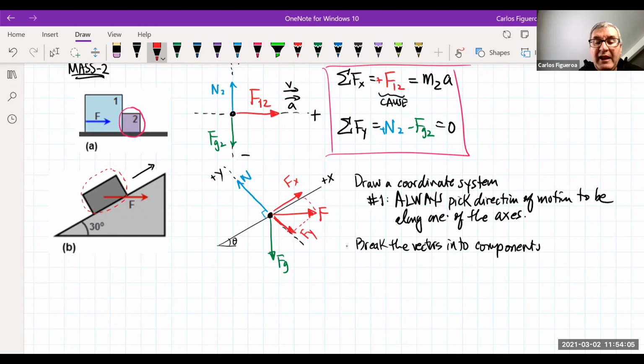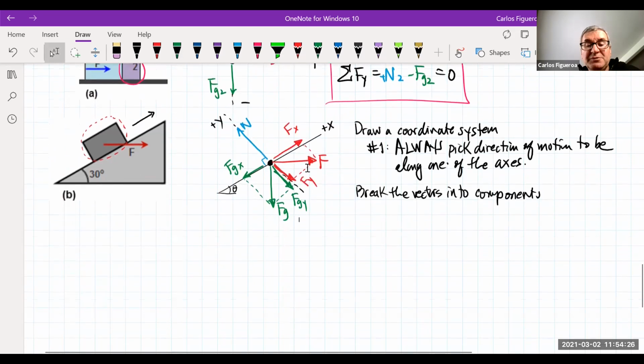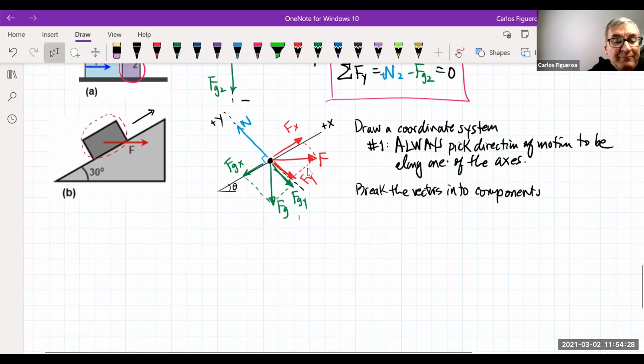Okay, and then I do the exact same thing with the green vector. I have a y component and I have an x component. So then I see that the force of gravity has an x and a y component in this coordinate system. So that looks messy, but what should it really look like? A free body diagram